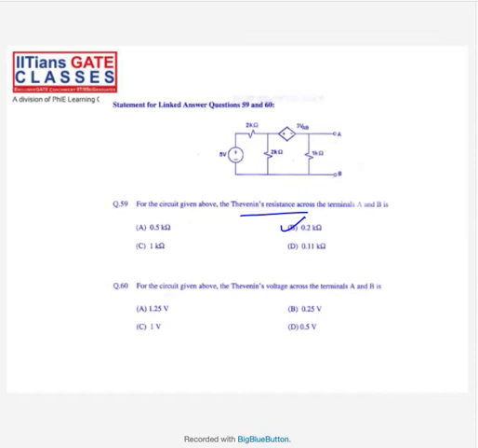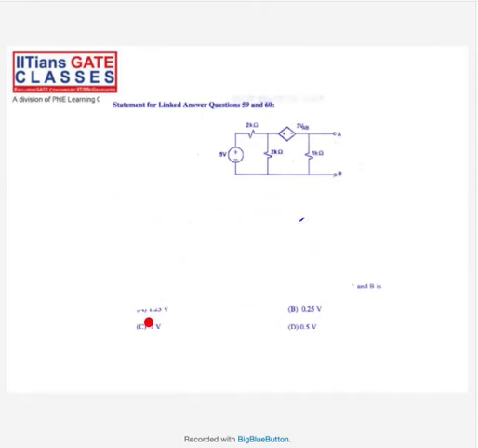Now I have to find the Thevenin's equivalent voltage across A and B terminals. For the same, please repeat for dead circuit for R Thevenin. See, what I did is, this is the dead circuit. This is a circuit. So everyone look at your screens again, I'm repeating it. The dead circuit, what I'll do, I'll activate this circuit with a 1 volt source or a 1 ampere source. What I did, I took a 1 volt source.